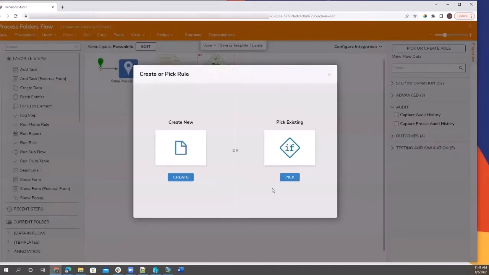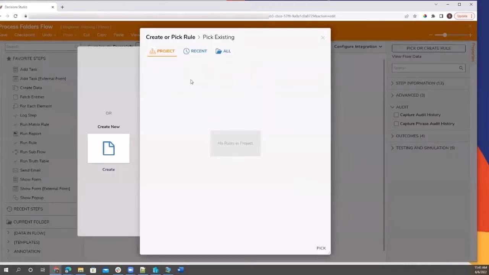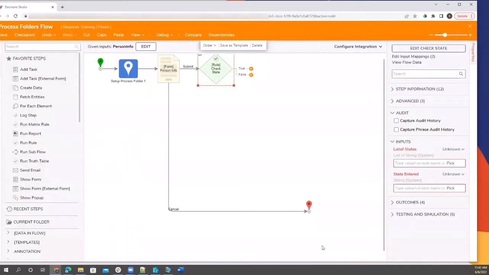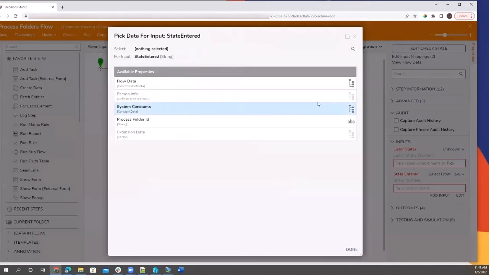I have also created a rule. It is a very simple rule that is going to check if the state that was entered is within a certain list of states that I will specify. I want my state entered to be whatever is coming out of the